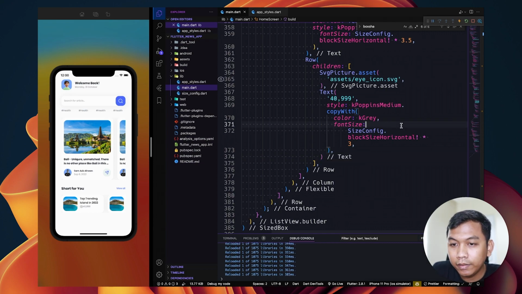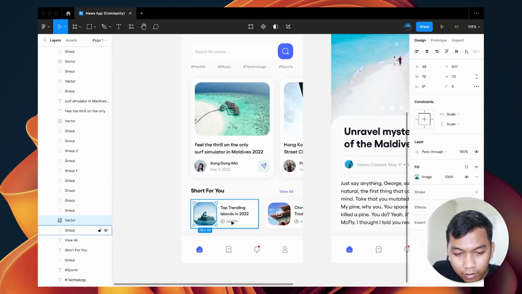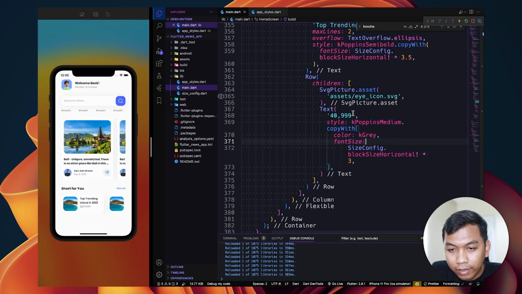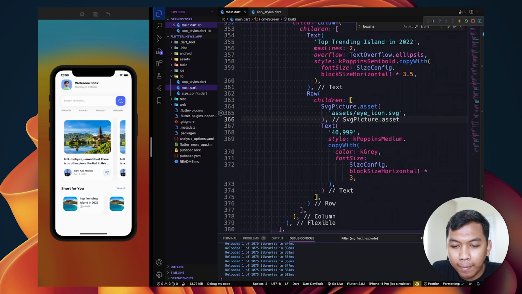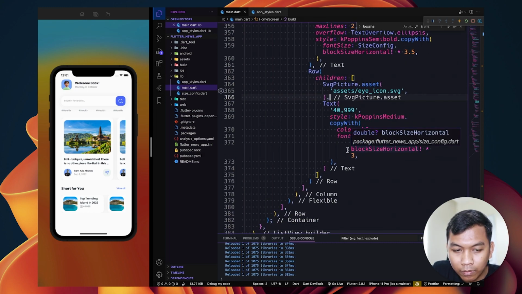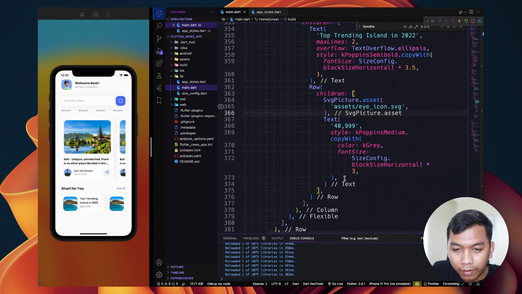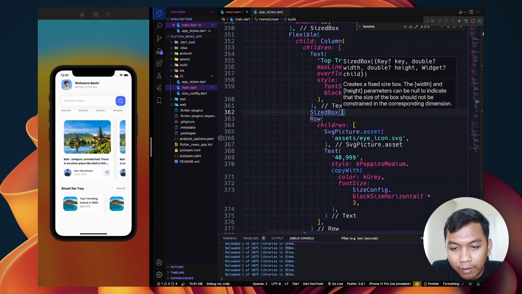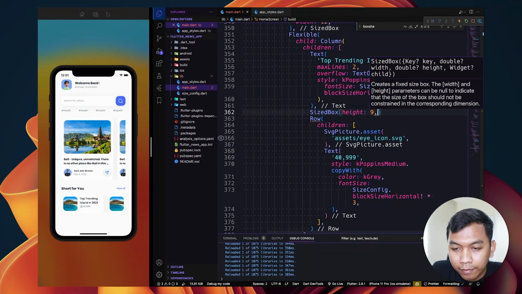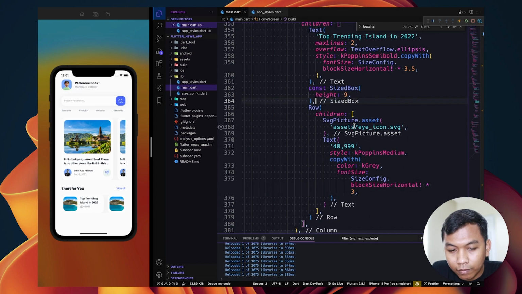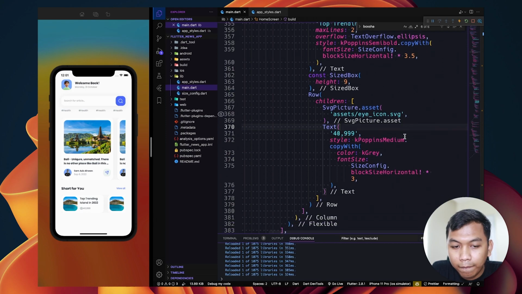Alright, and what we need to say here, maybe we have a little size box. Okay, maybe here size box will be 9. Look like this.